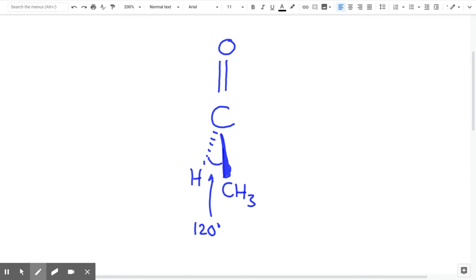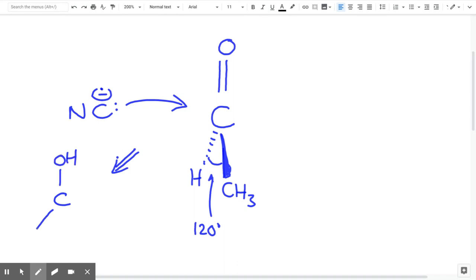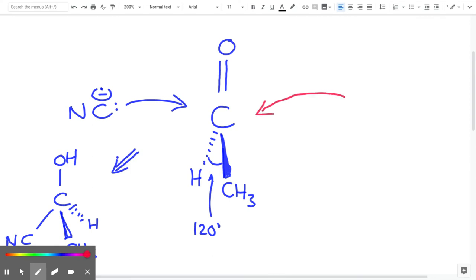And what we can do is, we won't do the mechanism this time, but what you can then see is that if the nitrile group were to come in from this side of the molecule, then this would eventually create a situation whereby that's now become the hydroxide, but then the nitrile group is here with the hydrogen still going away from us, because we have to maintain the stereochemistry of that central carbon, but then we have the methyl group coming towards us,